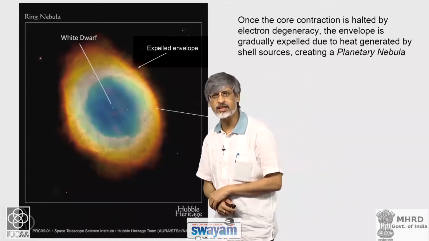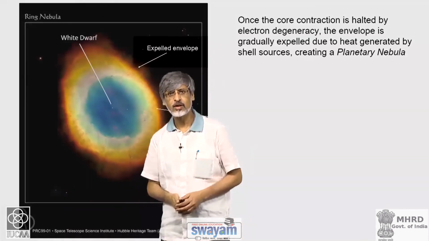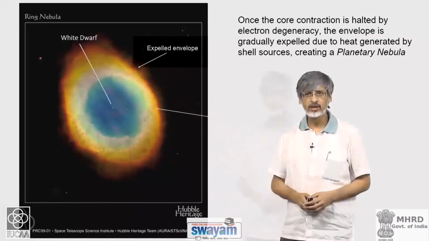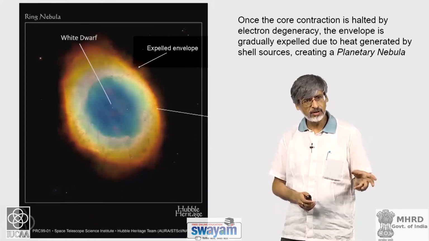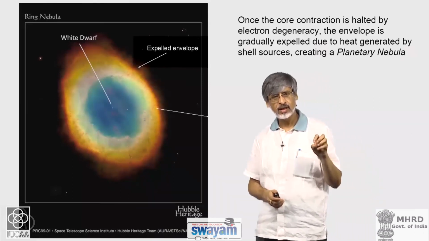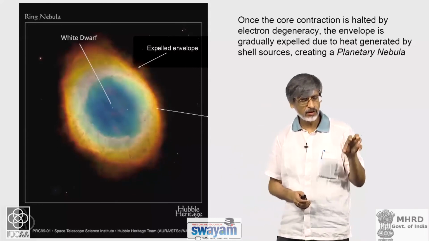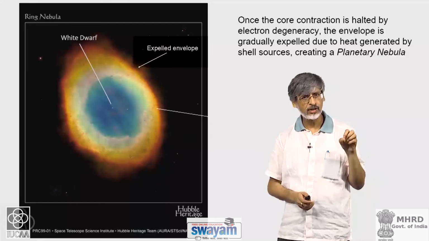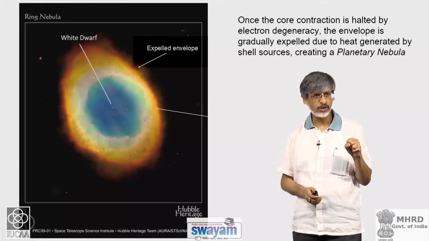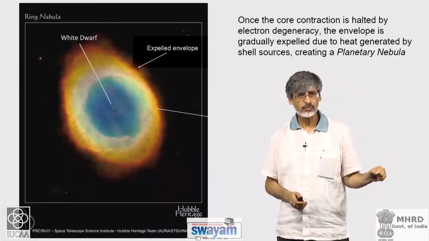So, once the core contraction is halted by electron degeneracy, the matter just around the core is still burning in a shell source, and this shell source is producing energy. Core is not contracting anymore. The energy deposited by the shell source goes towards gradually expelling the envelope that is around the core, and you then get into